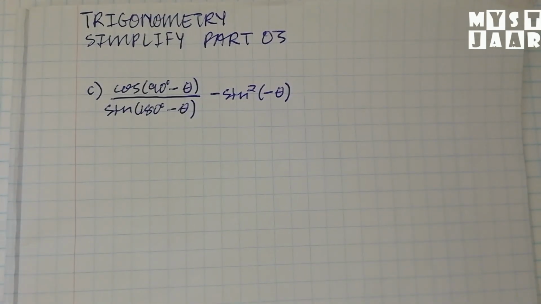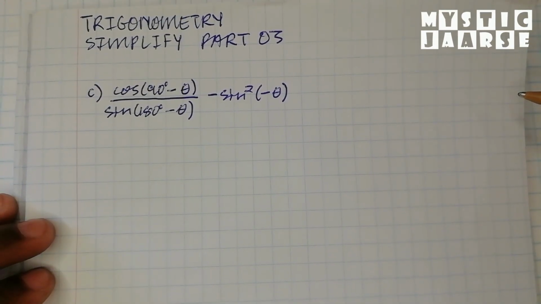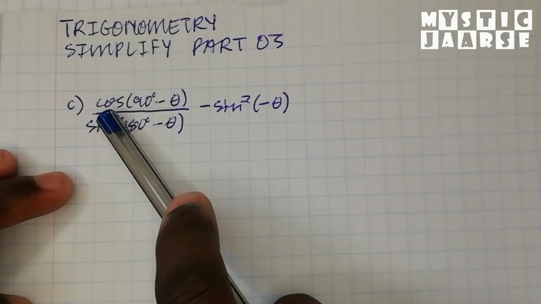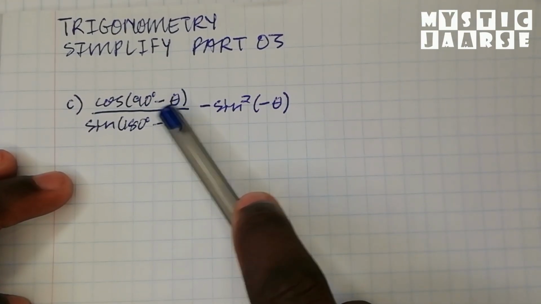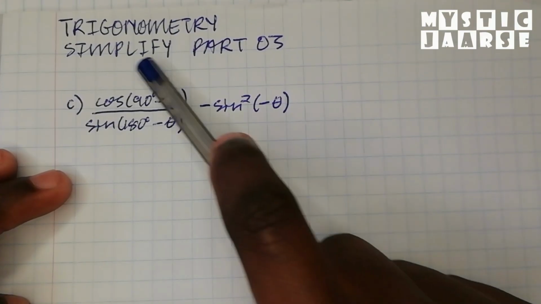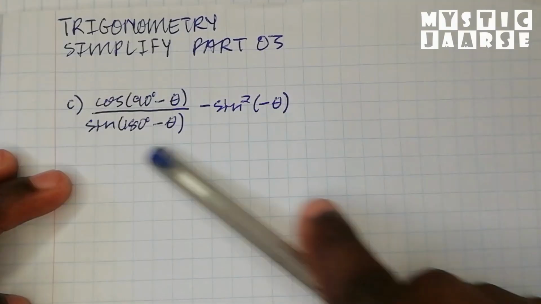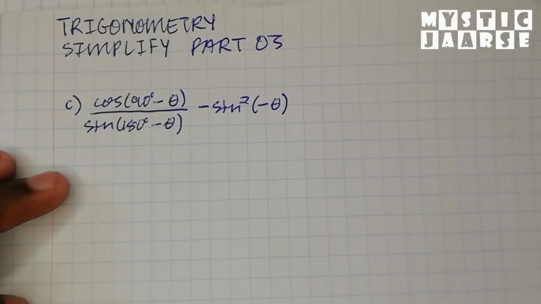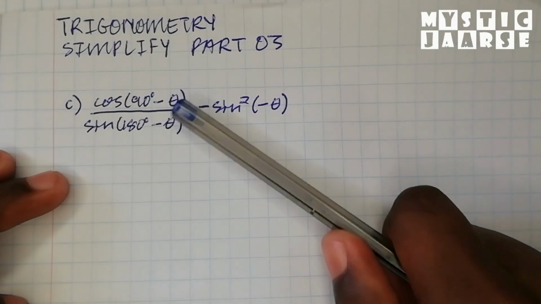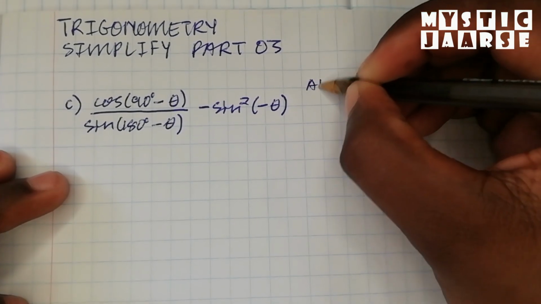This is Trigonometry grade 12, simplifying trigonometric problems part 3. We have cos of 90 degrees minus theta divided by sine of 180 degrees minus theta, and from this we subtract sine squared negative theta. This is a problem whereby we have theta as an unknown angle, and in order for us to check our